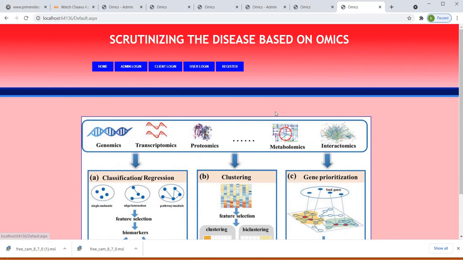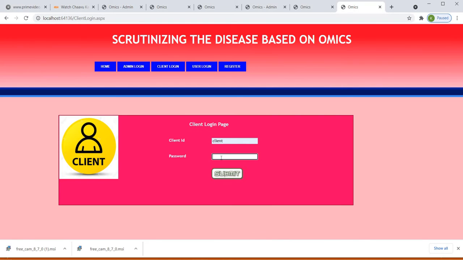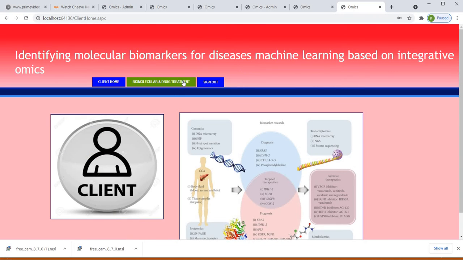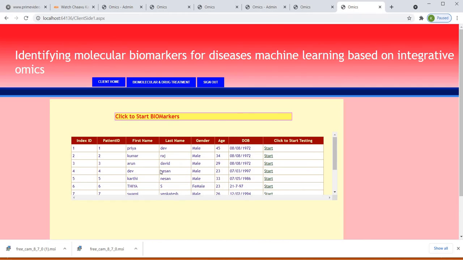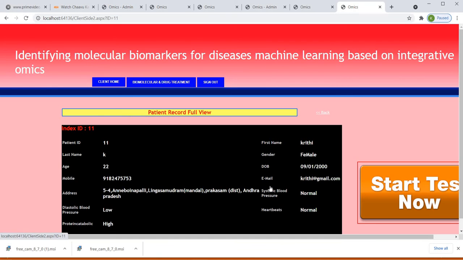Then sign out. Now we will go for client login, client ID, client password. Then we have to go to drug treatment. Now we will get that Kriti. Here is what we recorded before.